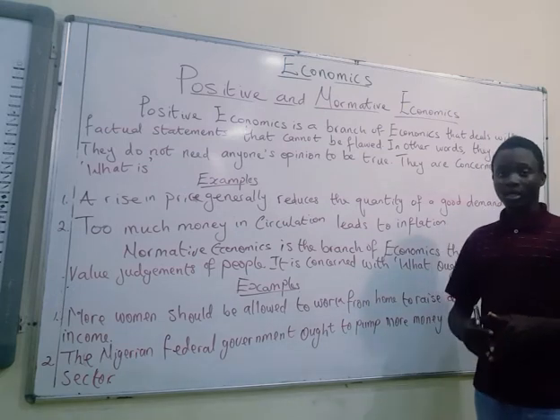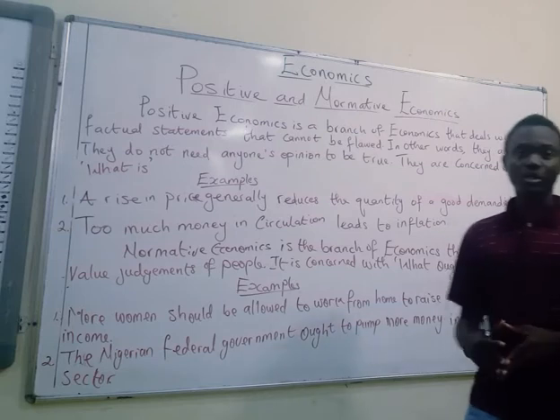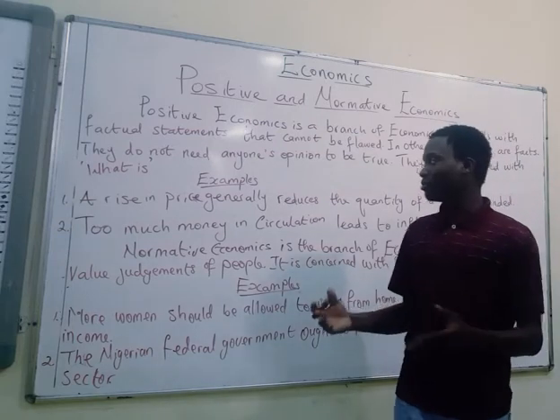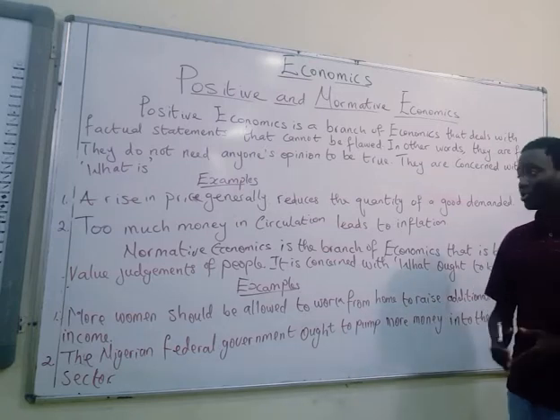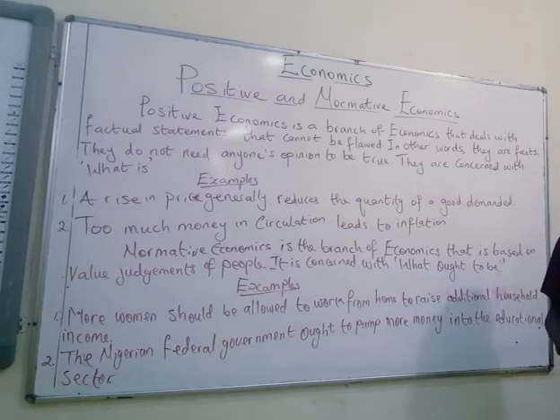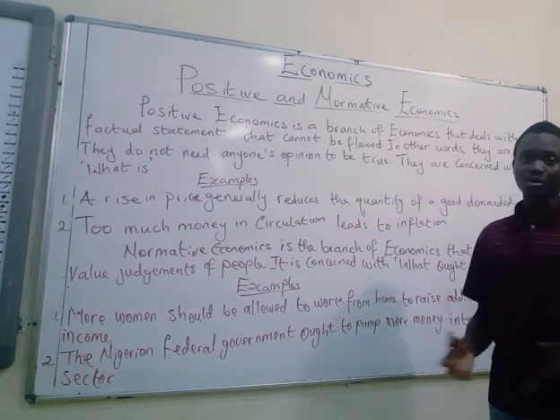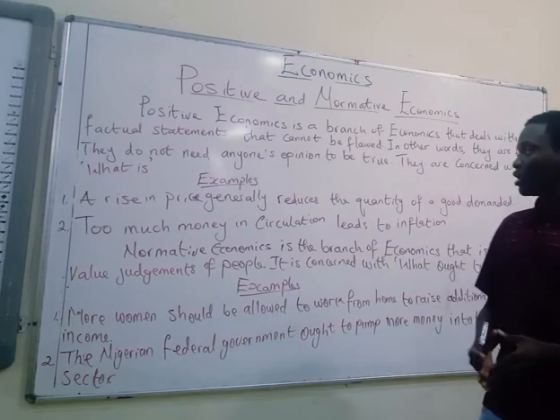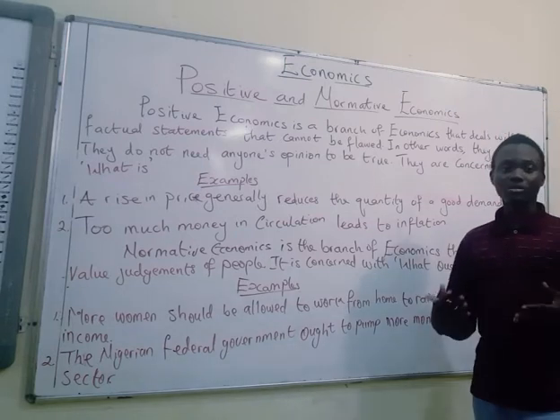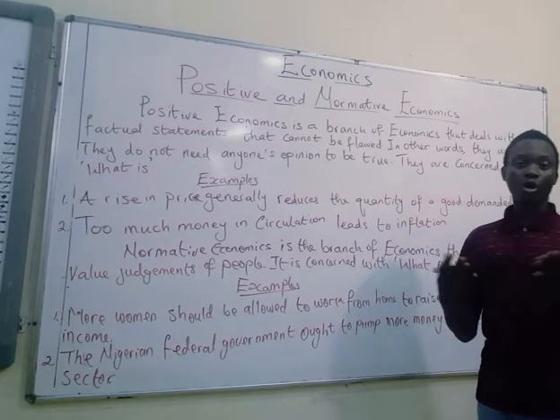So that is very close to being a fact. I don't need to say I think otherwise or I do not think otherwise. When there is a rise in price, generally there's going to be a reduction in the quantity demanded of a particular commodity simply because a rise in price means the good is now more